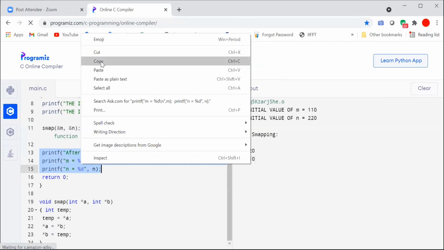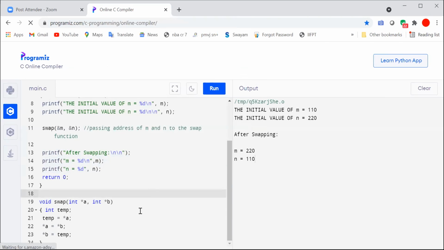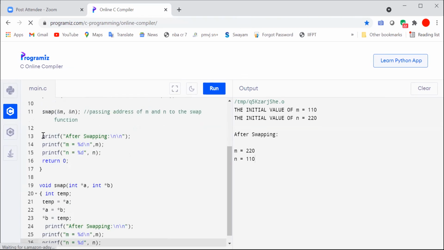Only two variables, A and B, are used. After swapping, anyhow the values are changed. Simply if you display the message here, it will display the result. No need to transfer the value from the function to the main program. Instead of displaying the result there, here itself we can display. Here we can block that line.